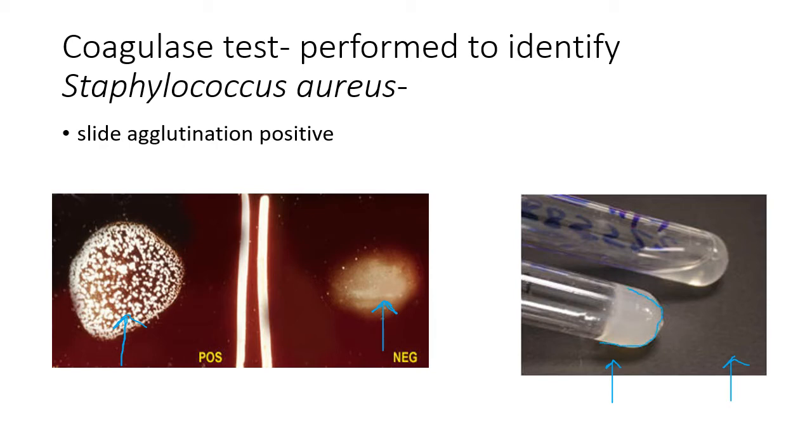The clot may take 1 hour to 6 hours to produce. When you put it in an incubator, you don't put it in the regular incubator, you put it in a water bath at 37 degrees centigrade, and you look for this picture. Now, a very interesting thing is that if you leave it overnight, sometimes that fibrin clot, which you see here, may actually lyse because of plasminogen, which is released by Staph aureus. So, the staphylolysin, which is a plasminogen, can lyse it. So, it's very important to actually interpret it within the first 6 hours.